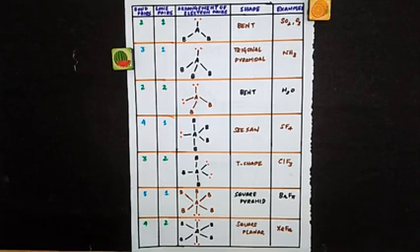When will you have tetrahedral structure? When all 4 electron pairs are bond pairs. And then trigonal bipyramidal structure will be present when all the 5 electron pairs are bond pairs. And finally you have octahedral structure when all the 6 electron pairs are bond pairs. Now when you have lone pairs along with bond pairs, then you will get distorted geometry.